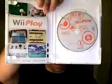Wii Play came with the manual. That was with the Atari 2600 and 7800 games for $16, including shipping. But what I just found was